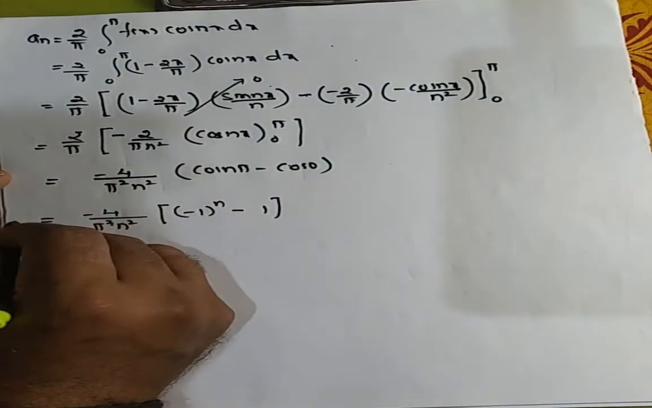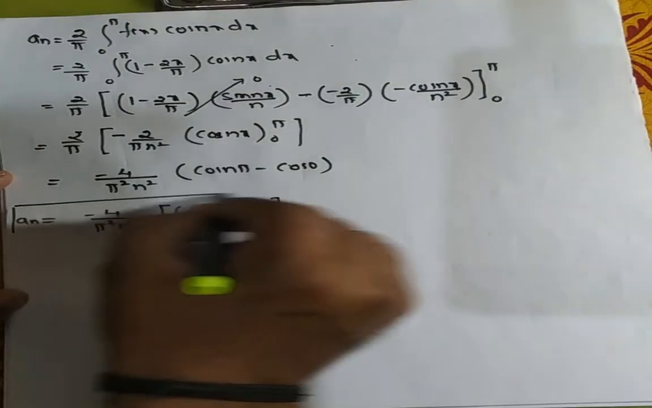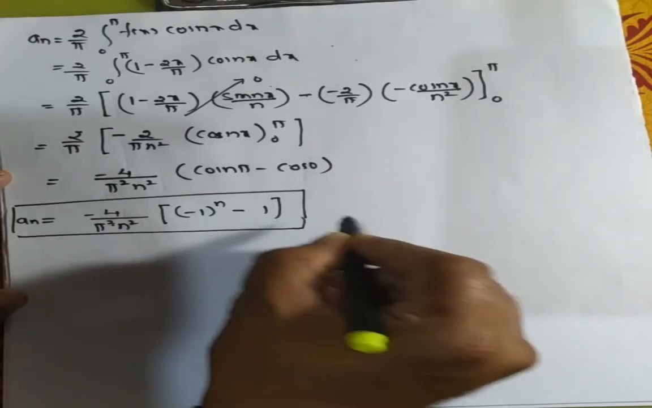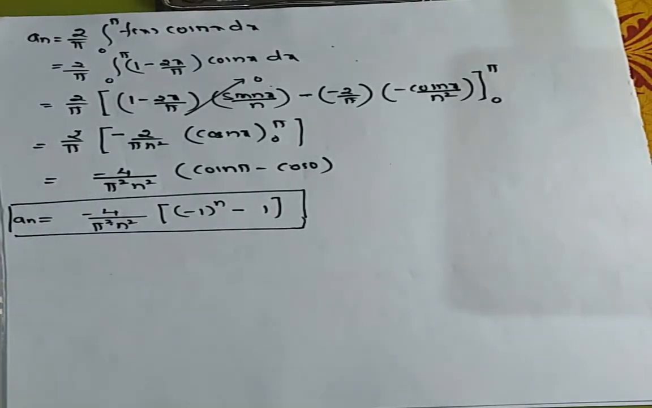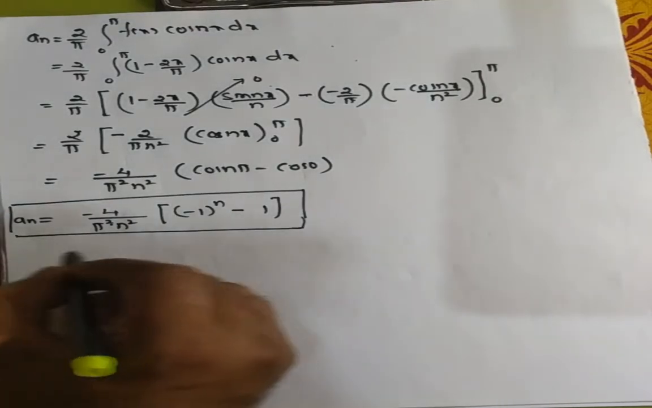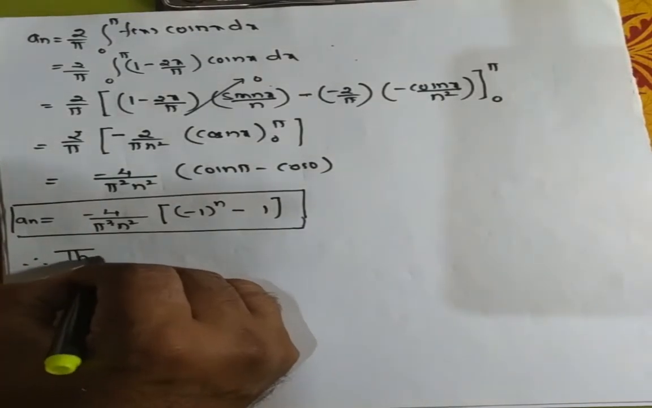So this is the answer for an. Okay, finally we got a naught, an, and bn is already 0 because we have told that it is an even function. So therefore the required Fourier series